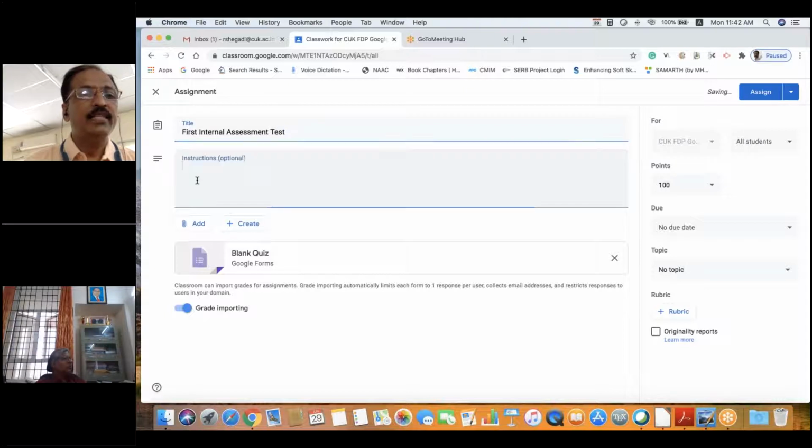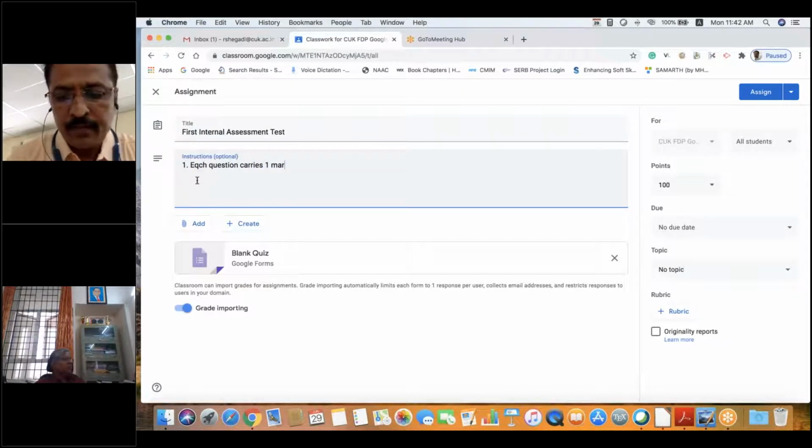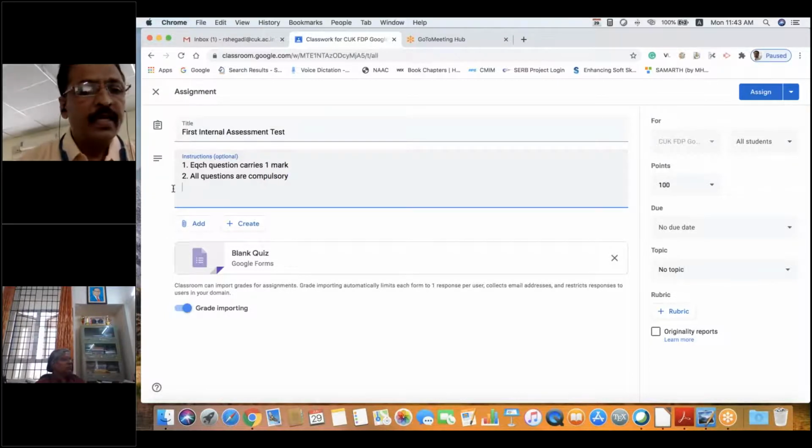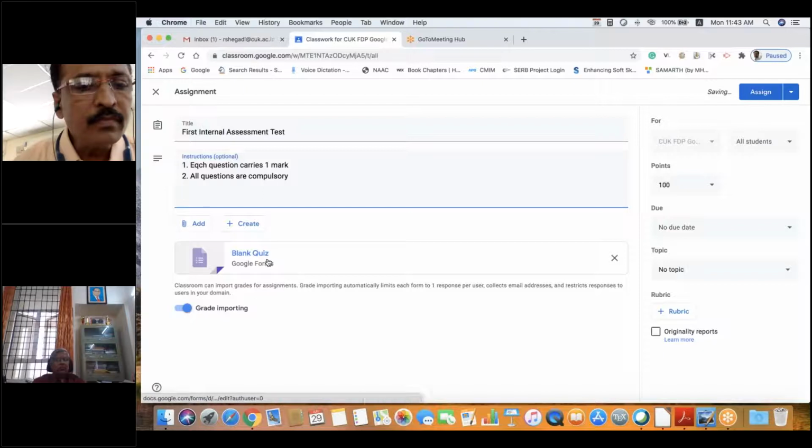Again you can give some instructions: each question carries 1 mark, all questions are compulsory. Then here you can find the blank quiz.